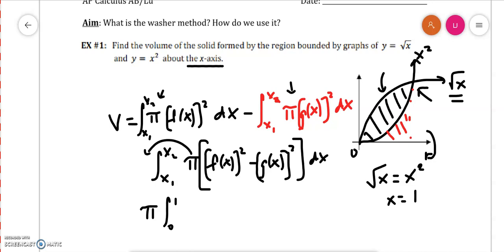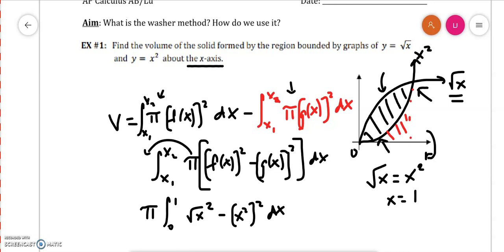If we revolve this, this would create the outside of our bowl shape. So that is our f of x. So square root of x squared. And then we'll subtract x squared because that will create the inside of our bowl shape. X squared squared